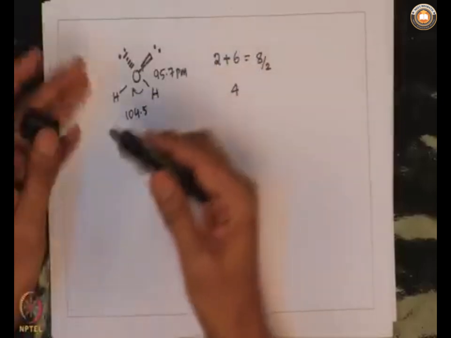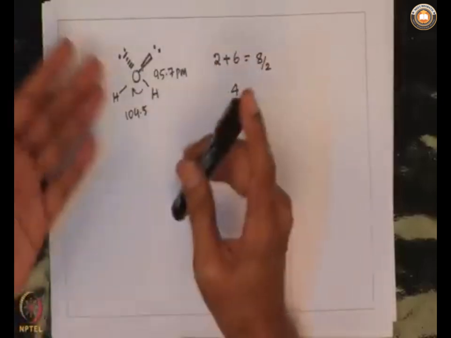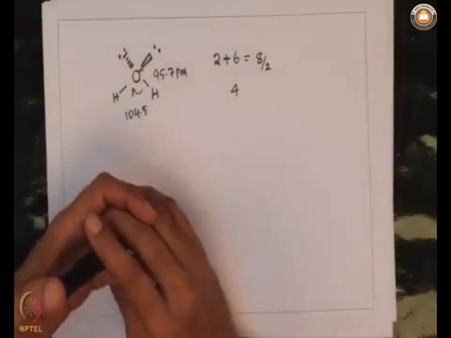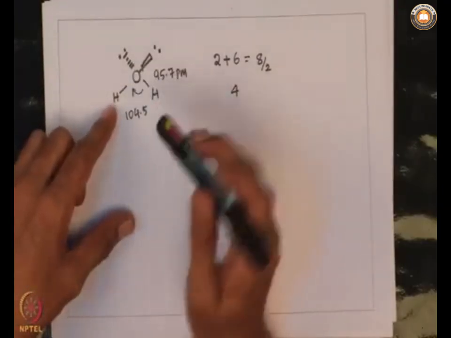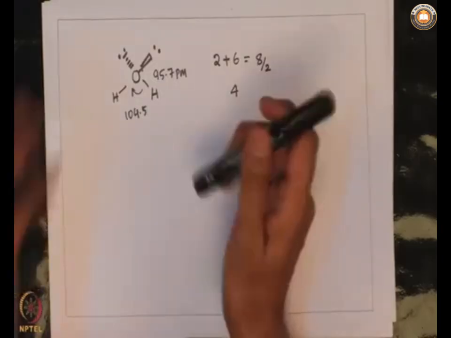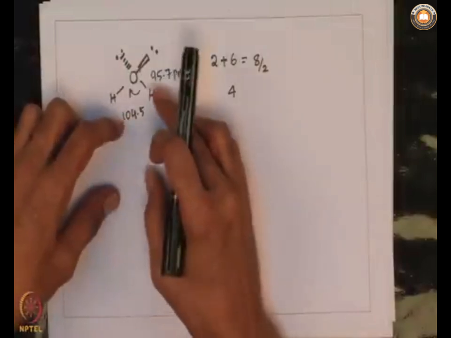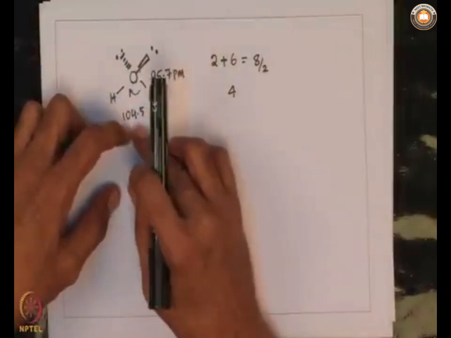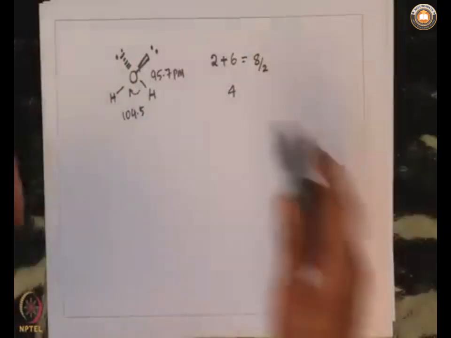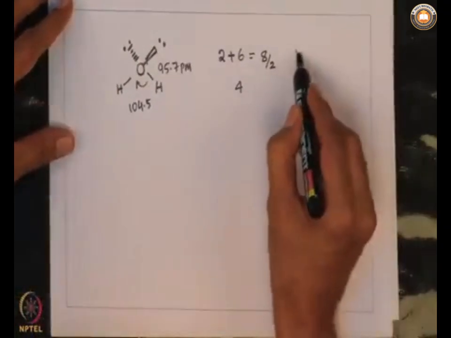If you look into a regular tetrahedron such as CH4, the angles will be 109.5 degree, whereas here the HOH angle is 104.5. You all know from VSEPR theory that lone pair-lone pair repulsion is much stronger compared to lone pair-bond pair, which in turn is stronger compared to bond pair-bond pair. So, here the lone pair interaction is very strong. To keep them away from each other, we have to shrink the HOH bond angle. As a result, it reduces from 109.5 to 104.5. So, this is using valence shell electron pair repulsion theory.